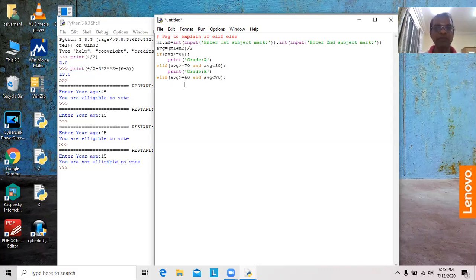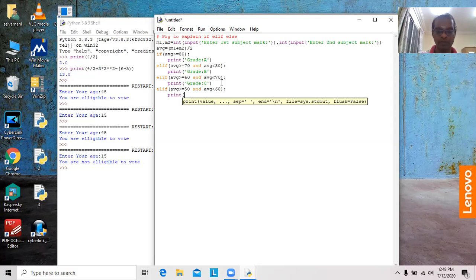Similarly, if the average of the marks lies between 60 and 70, it should be grade C. Likewise, we continue. Else if the marks lie between 50 and 60, AVG greater than or equal to 50 and AVG less than 60. Again colon, print. You should get grade D.